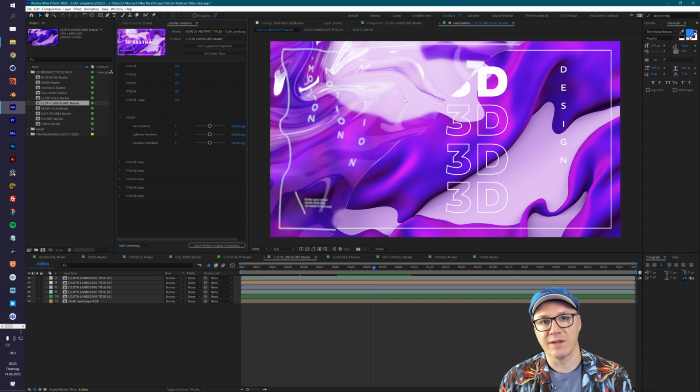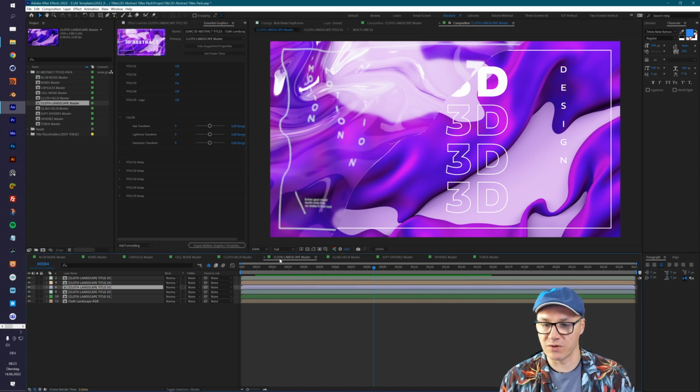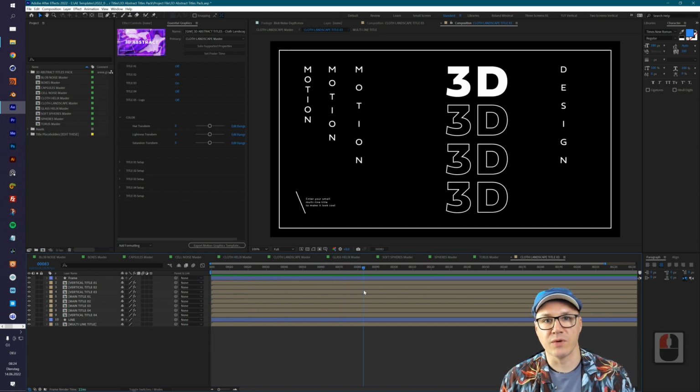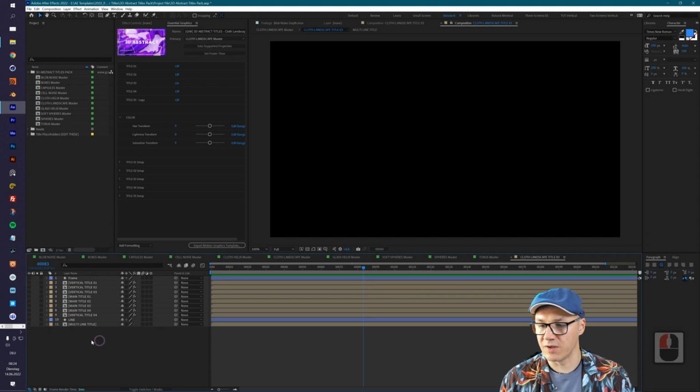If you want to directly dive into the composition, then you just choose the according composition. Now I have my title number 3 active, so make sure that you are in the right composition here. This is the Cloth Landscape Master, and I'm in the right one, so double click to open it up. And then you see Cloth Landscape title number 3. If you open this up, now you have direct access to all of these titles, and you can do whatever you want here. So if you do not want to use any of these titles that I created here, if you want to create your completely own layout, then just disable all of these and put in here whatever you want,